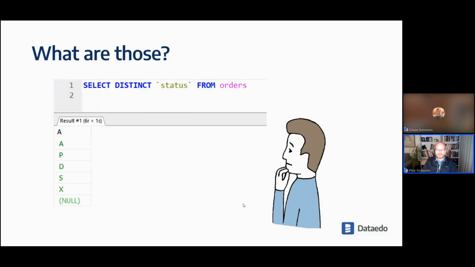And not being able to identify what they represent can be very harmful, because let's say D is for deleted, and you should exclude all the rows flagged with D. So without this knowledge, you have no idea what the data actually is,